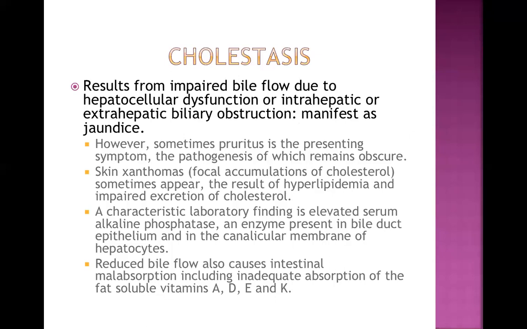Now, what are the problems of cholestasis? Pruritus is sometimes the main presenting symptom in the patient. Now, though the exact pathogenesis of pruritus is obscure, we have certain hypotheses. Conjugated bilirubin gets deposited in the subcutaneous tissue or on the skin in this case, and that can cause pruritus, meaning itching.